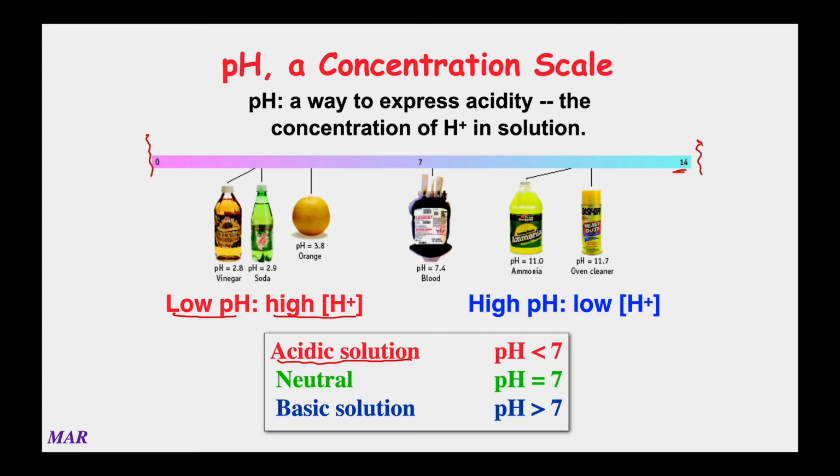Compounds that are closer to 14 have very, very low amounts of acid. So low amounts of acid mean that you're going to have a basic solution. So if you have a basic solution, your pHs will be greater than 7. So like we've talked in this section about ammonia, sodium hydroxide, those would have pHs greater than 7. But the acids we've talked about, hydrochloric acid, perchloric acid, acetic acid, whatever, those would all have pHs less than